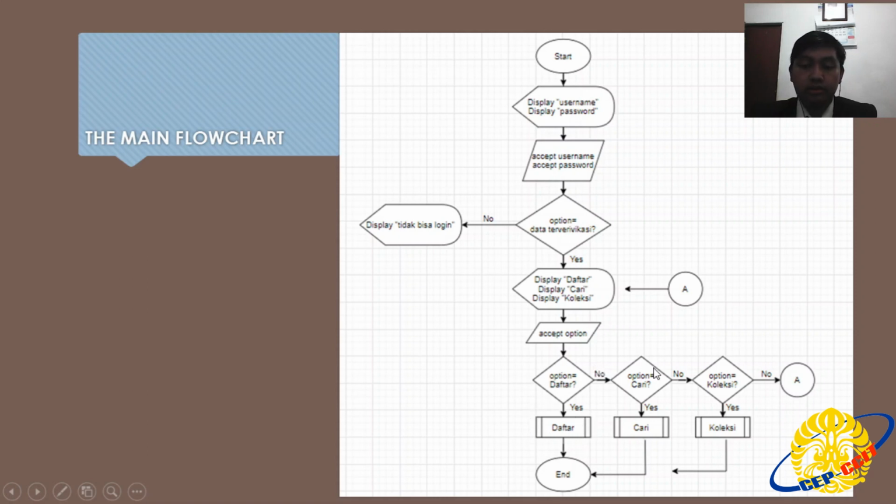If no, it's going to ask again, option equals cari. If yes, it's going to run the cari process and end. And if no, it's going to ask one more time, option equals koleksi. If yes, it's going to run the koleksi process and then end. And if it's still no, it's going to go to point A, which is display daftar, cari, and koleksi.